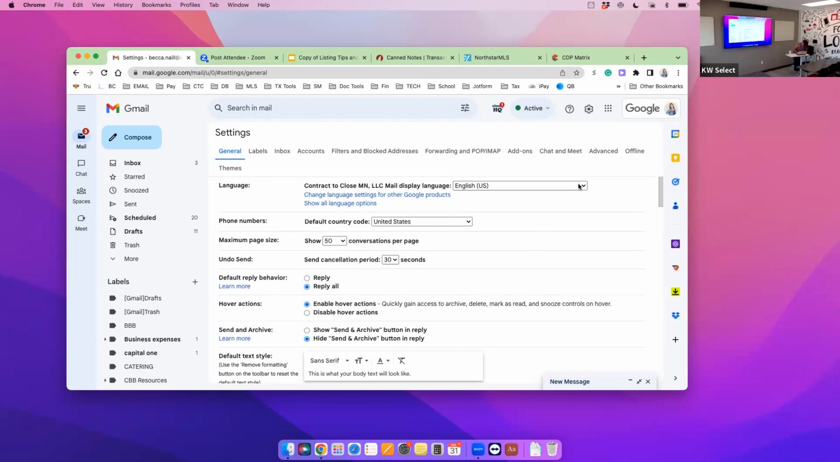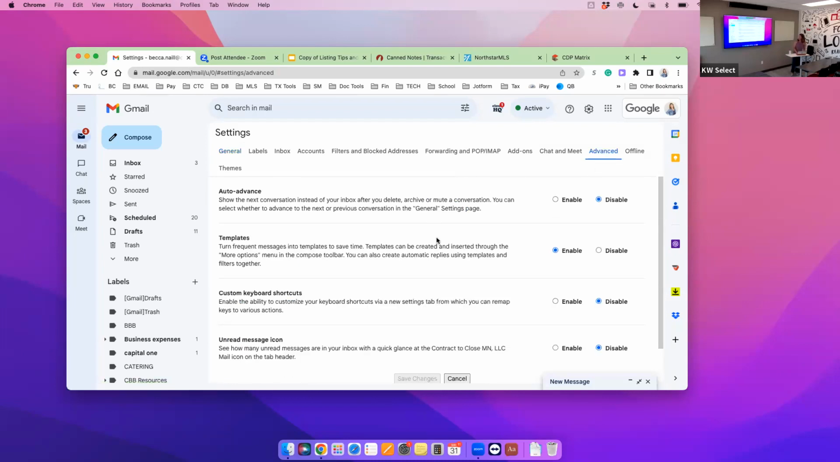Oh, maybe it's under advanced. I thought it was under general. Let me look under advanced. There it is. So under advanced, it says templates, and then you just want to hit enable. Okay. And now if you do a refresh on it, you should have